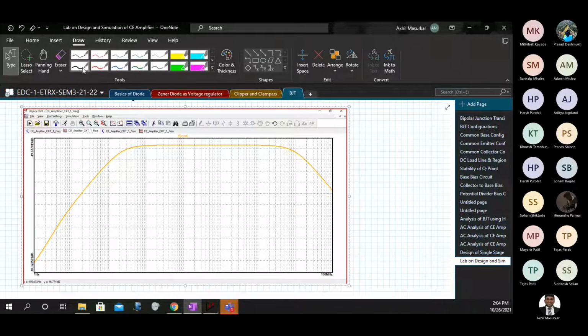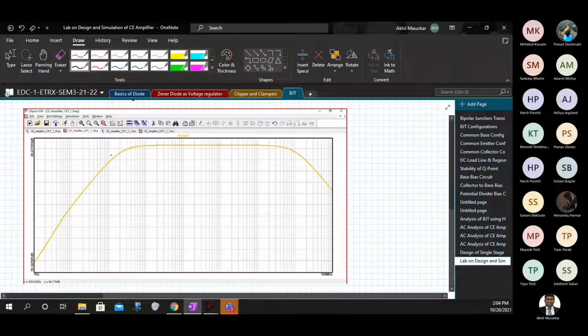Now you should understand here that this max value was 46 point something, right? 46.7. So you can write 46.7 is equal to 20 log of x, and when you put this value, the only unknown is x, so x should come around 200 or something. You should get x around 200.